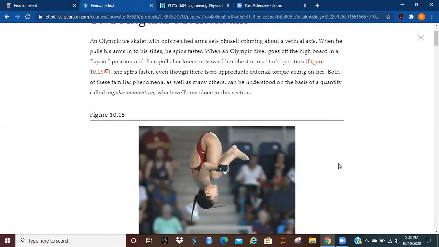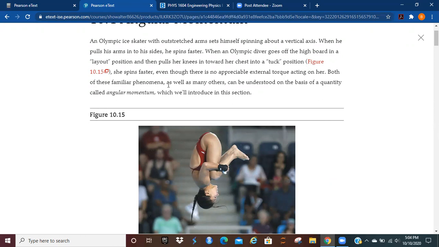So we've got some good real world examples here of what's going on with this. We've got an Olympic ice skater with outstretched arms, who sends himself spinning around a vertical axis. When he pulls his arms into his sides, he spins faster. So when a diver goes off the high board in a layout position and then pulls her knees in towards